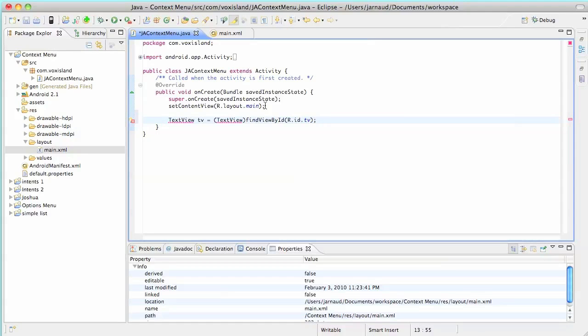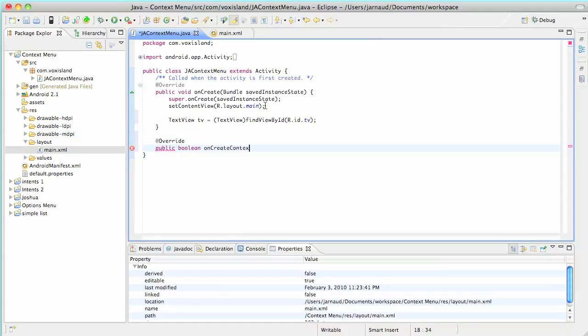Okay, and now we're going to create our context menu by overriding a new method. So we're going to import the missing class, and we're going to use override on this new method that is of course public. Override public boolean,